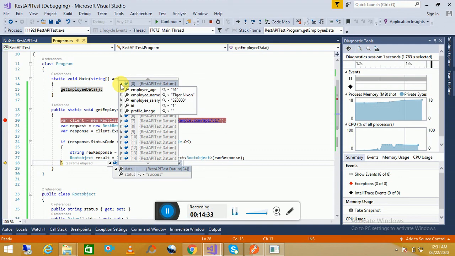Just take a look, the data already converted into a C# object. Now you can use this object, that means this data, to insert into your SQL server or wherever you need. So this is the basic use of RestSharp to fetch data from a REST API.